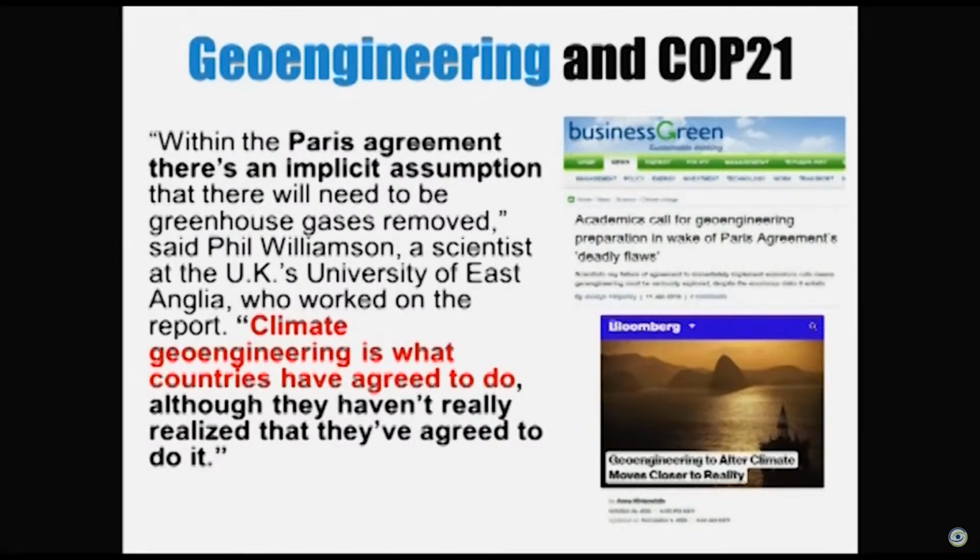COP21. They said that we really should wait till after the Paris Agreement to get funding for geoengineering because we don't want to see it as being biased. And there was a DC Leaks email from Hillary Clinton's team where John Podesta has created this group who are basically breaking down how they're going to make it a reality. So Podesta and Hillary aren't going away whether you like it or not. And they're trying to make geoengineering a reality.